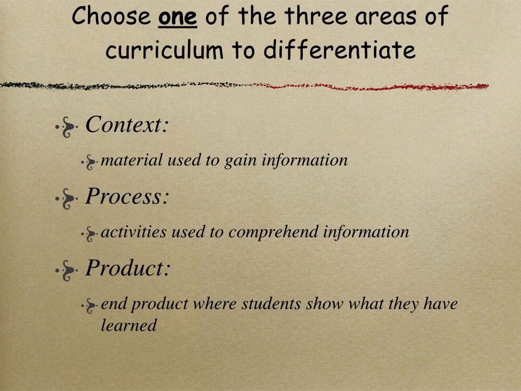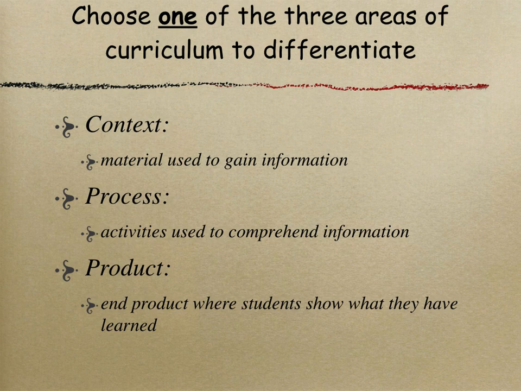So when differentiating for curriculum, there are three areas to focus on. Could be the context. That's the material that you use to help students access the information. Could be the level of material. In my social issues unit, everyone is reading about civil rights in their novels, but the novels are at different